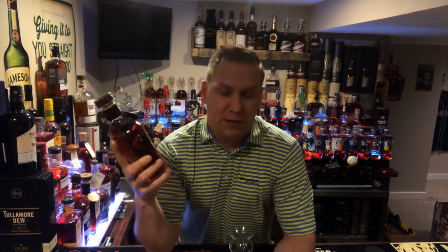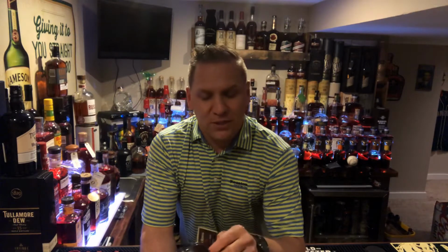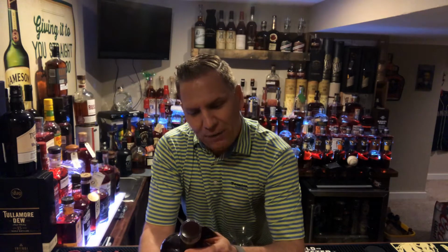So you have the yellow label with the traditional Four Roses. You have small batch, you have single barrel, and now you have small batch select. So what is small batch select, you ask? Glad you ask. So, from the horse's mouth, Four Roses Small Batch Select is yet another fine example of why